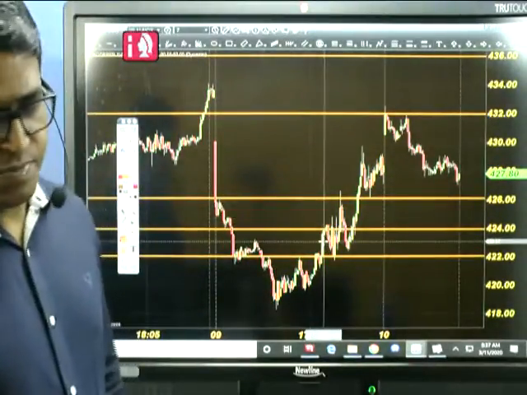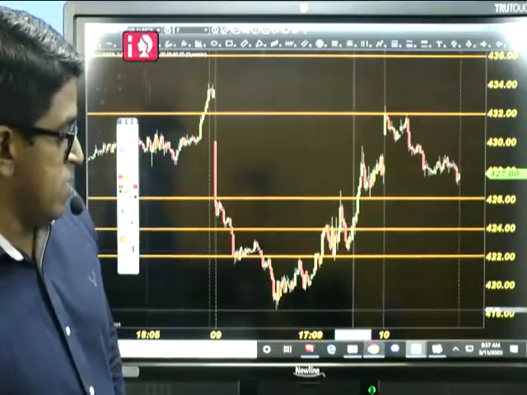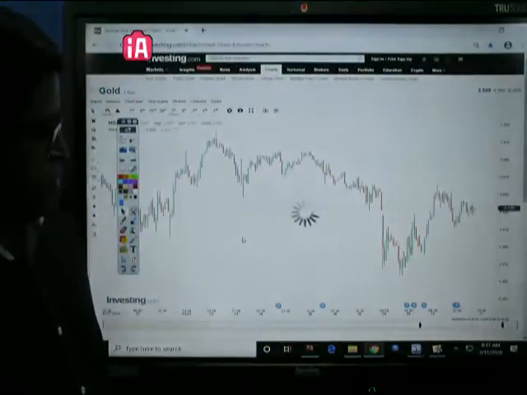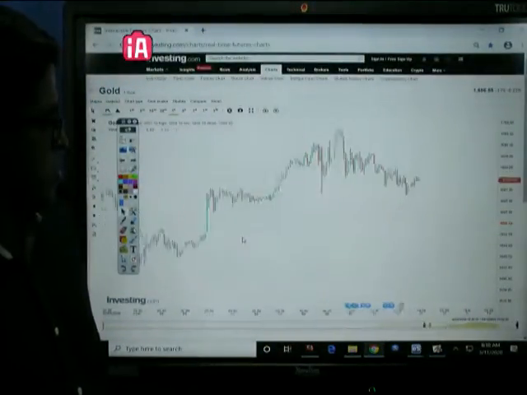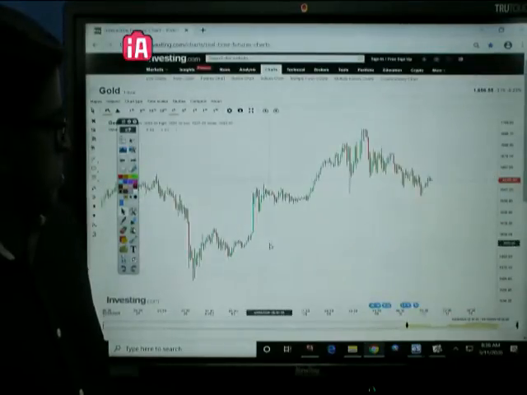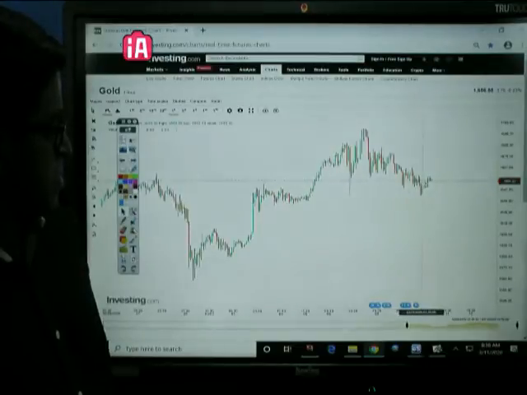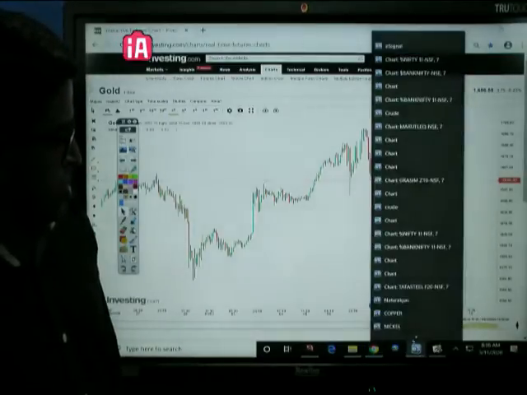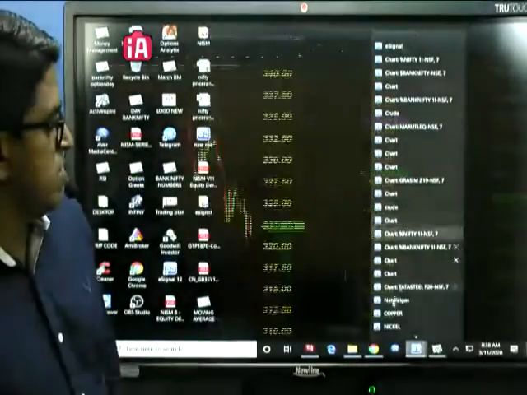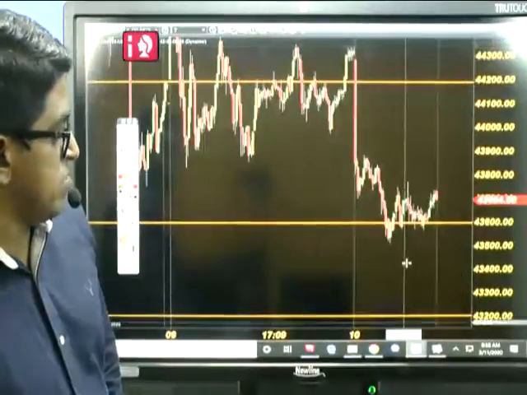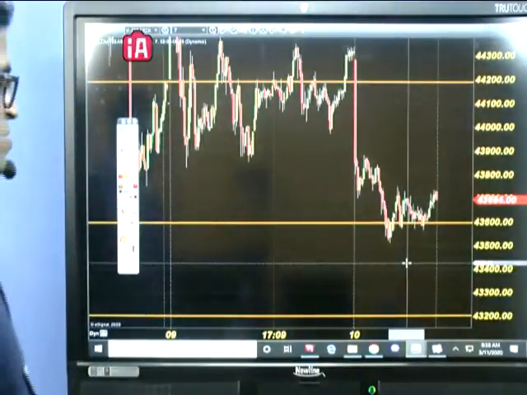So finally, now we'll see gold, gold mini and silver mini, and with this we will go for the question and answer session. What's happening in gold? This is the COMEX price. Gold went up and it's consolidating here, and gold has somewhat slowed down, and let's see how we can view that in the chart. Where is the gold mini? So we are looking at gold mini, not the regular gold.